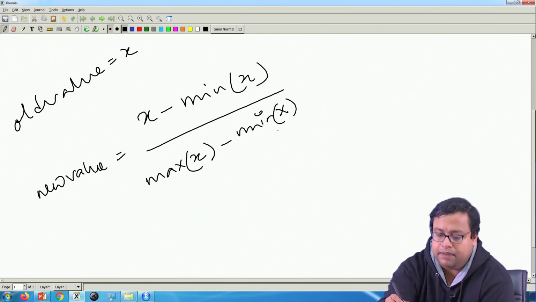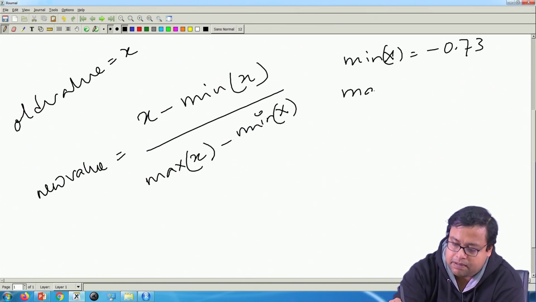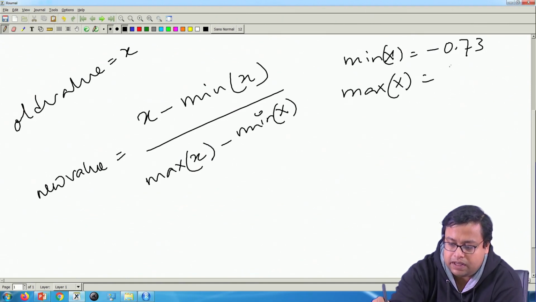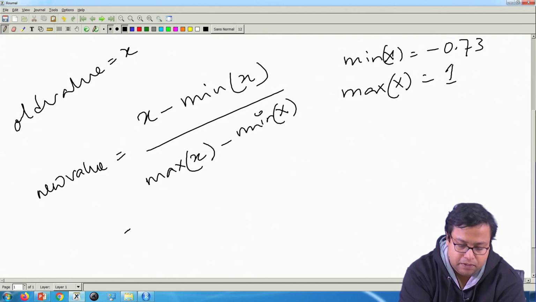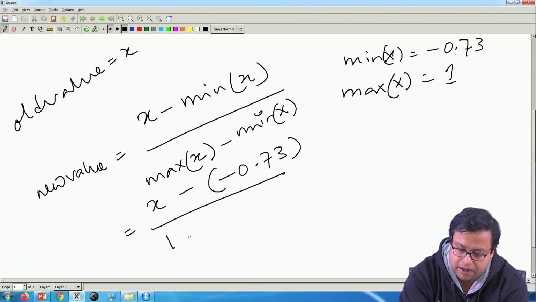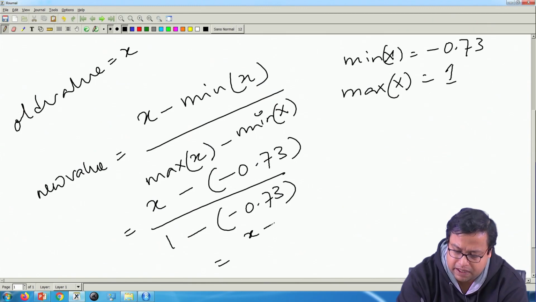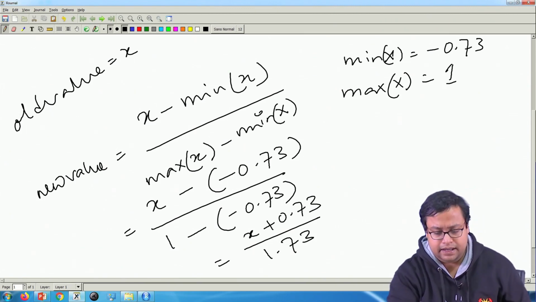Let us say the minimum of x is minus 0.73 and maximum of x is, I know, 1, because 1 we are getting. So, then this value will be x minus (minus 0.73) divided by 1 minus (minus 0.73), or in other words x plus 0.73 by 1.73. Fair enough, this is the value that I get.